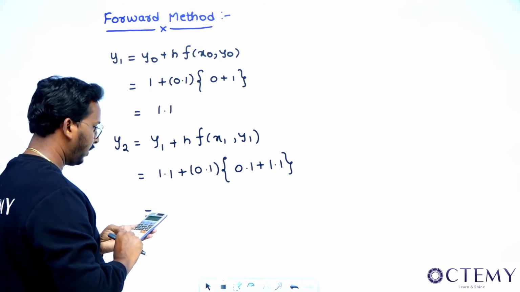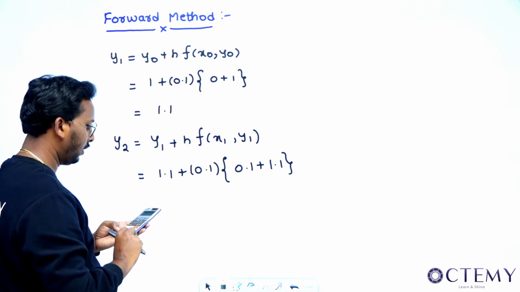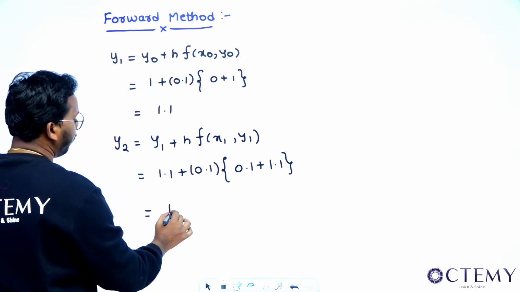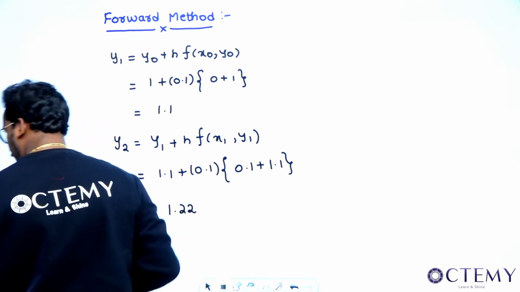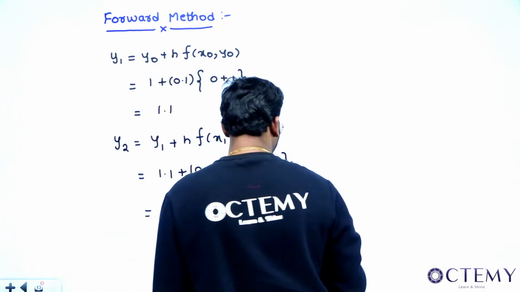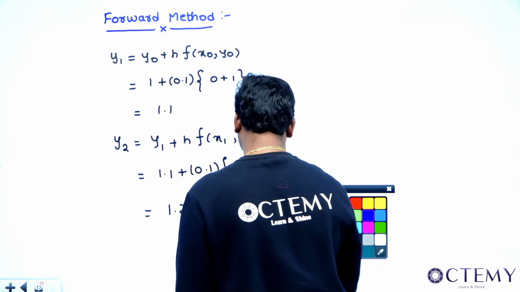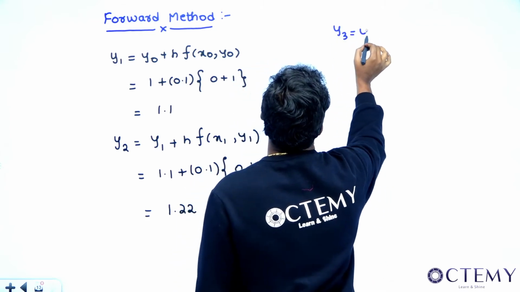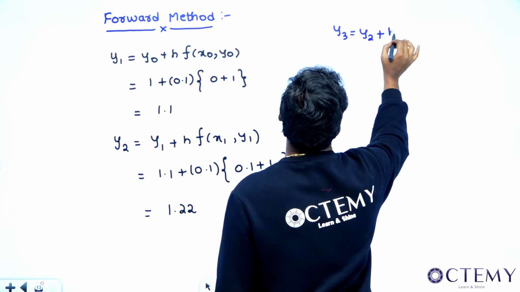1.2 into 0.1 plus 1.1. This would become 1.22, right? Very good. Now let us see if we do y3. If we do y3 with this, see what we'll get. y3 should be equal to y2 plus h